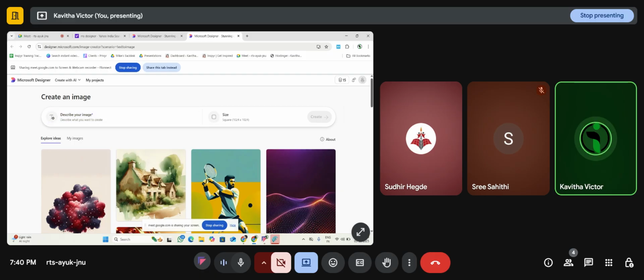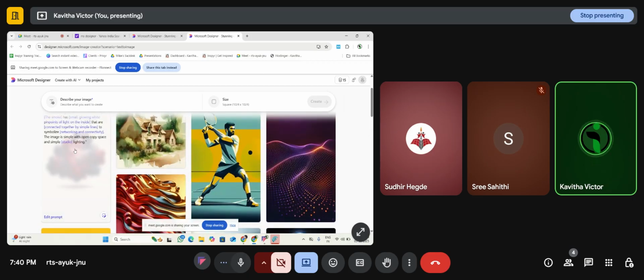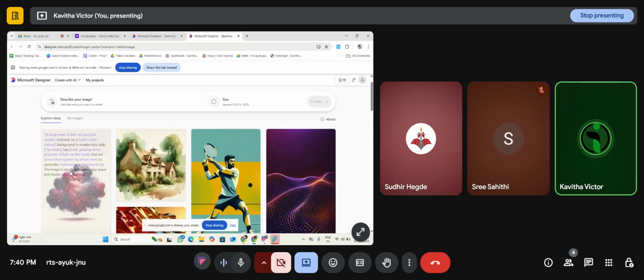Before that, we will see the ready-made images available here. When you hover on this, you will get to see the prompt used for generating this particular image. A large mass of dark red and pink smoke centered on a solid cream colored background in the watercolor style. See how detailed the prompt is.